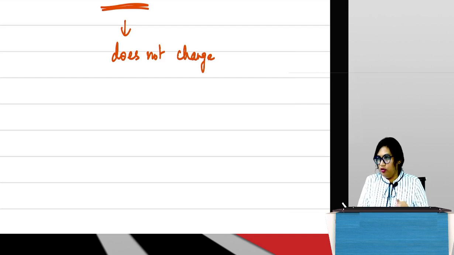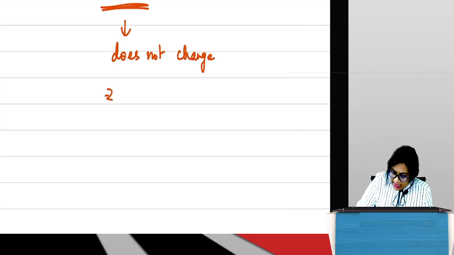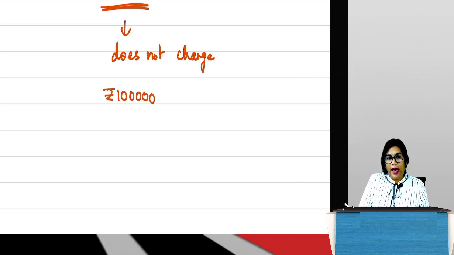Sahana ma'am, let's say it belongs to her. So I asked Sahana ma'am, I need this room on rent. Can you please tell me how much you are going to charge? So she says, yeah, sure, it is going to cost you 1 lakh rupees. So she says the room cost is 1 lakh rupees. I say, okay, no problem. I give her the advance and book everything and I'm done, right?